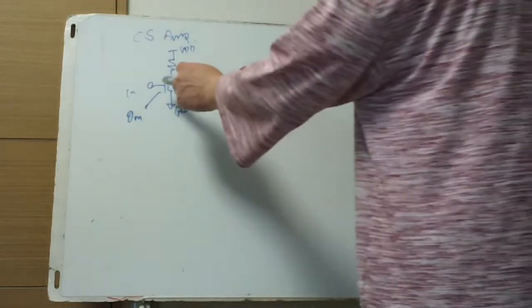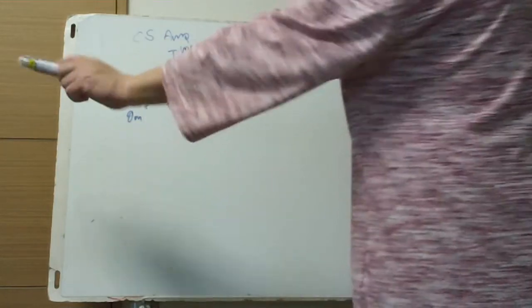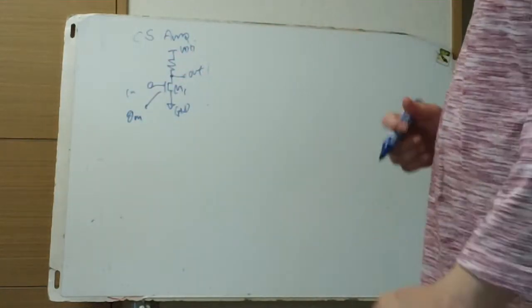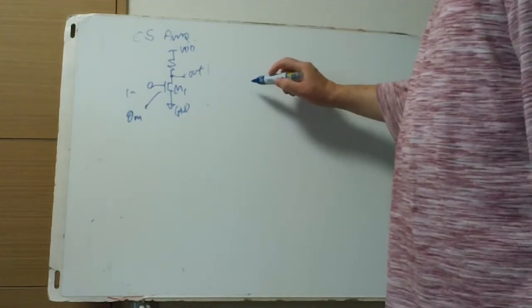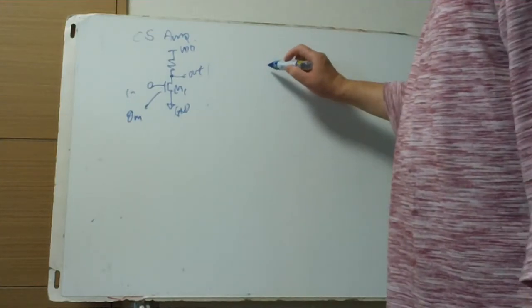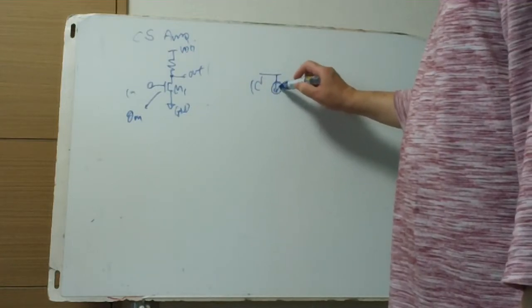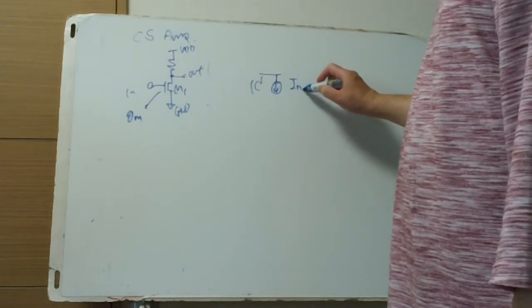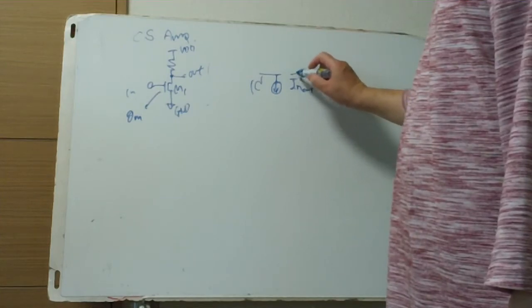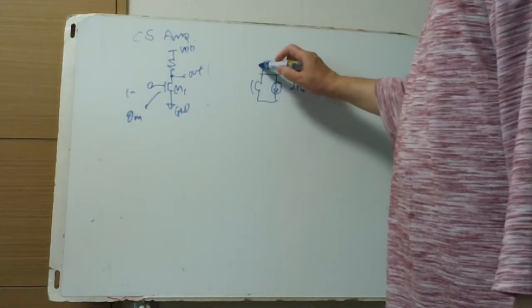It is not connected to anything, so we only have output current noise, modeled like this: I n out squared bar,